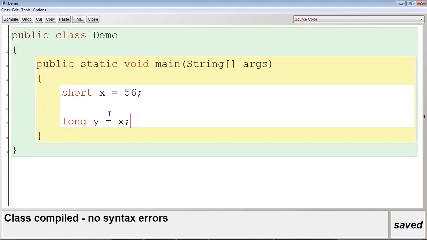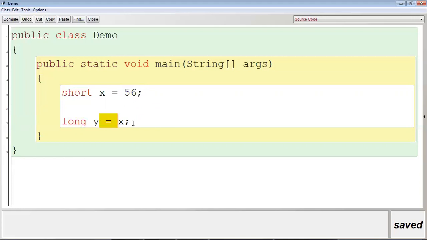So what type of conversion is this? See, value 56, since it is getting stored in variable x whose type is short, 56 became a short type value. Now in this statement, the value of x, that is 56, which is a short type value, is getting stored in a variable whose type is long. So you are converting a short value to long value.